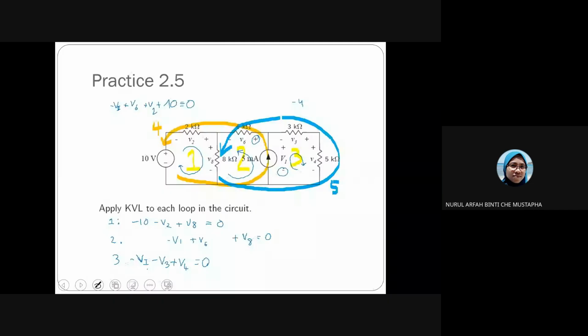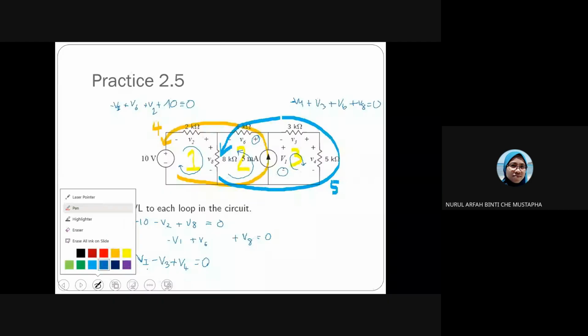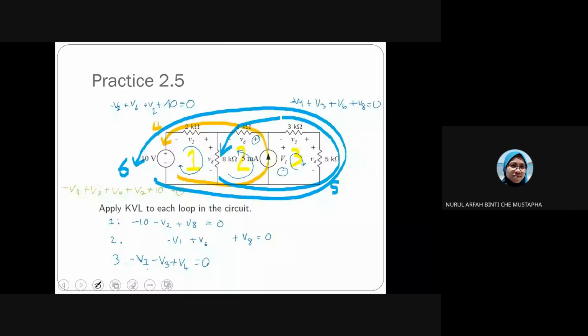It's a 4. Okay. And then plus V3, just I want to highlight to the rest of the class. That one is a minus V4. Equal to 0. Yeah, there's more elements in the closed loop. Very good. Thank you. Okay, the last one. To have the last one. I like it. So we have this one,